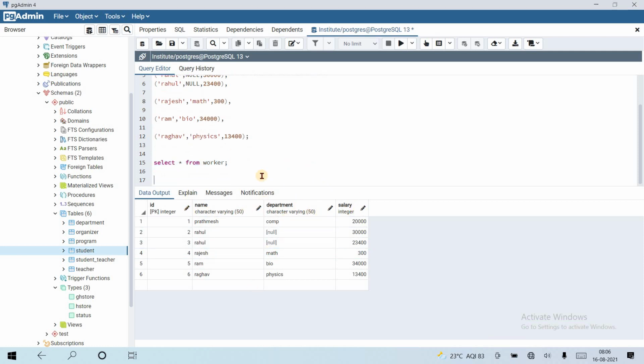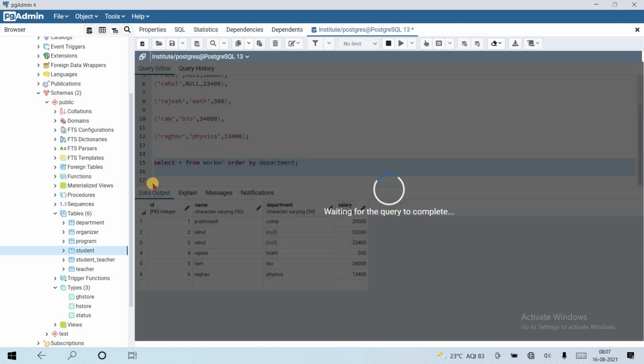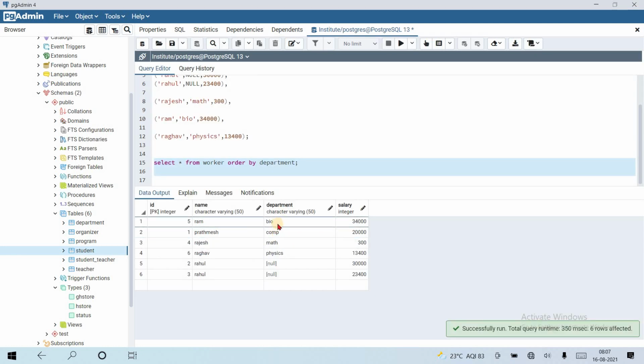Okay, let's see how to handle these values. So select star from worker, suppose order by department name. So bio, computer, math, physics, and null at last.